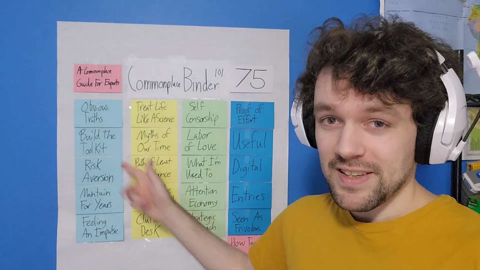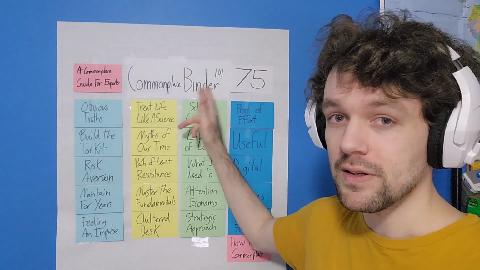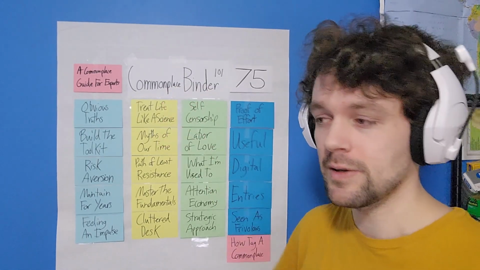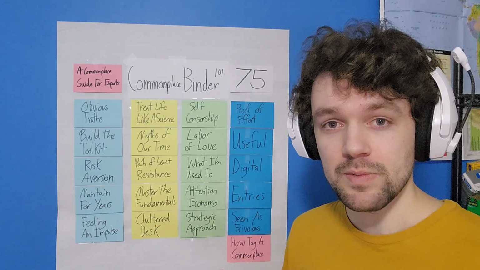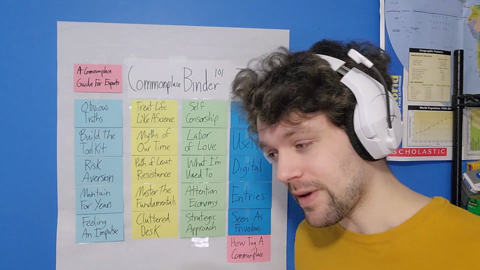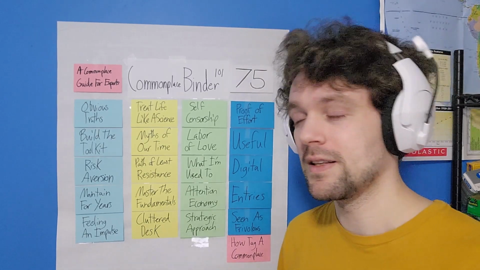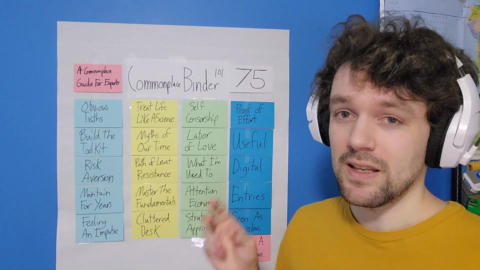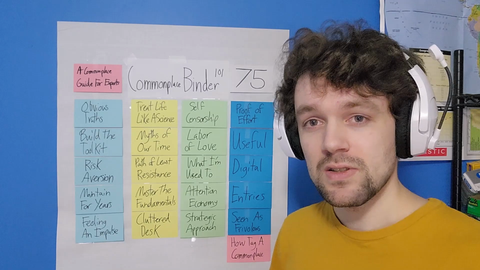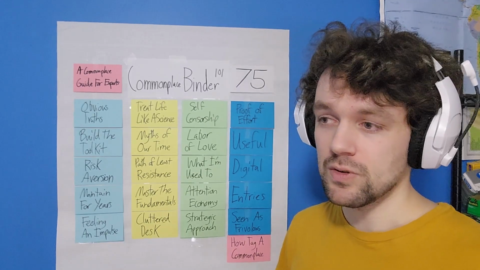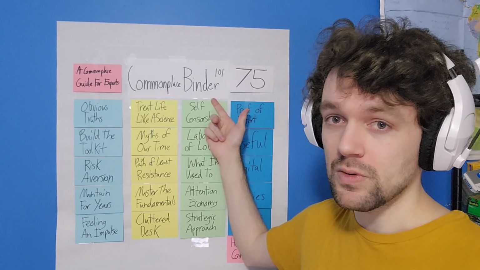But you do want to make the thing, because it might be that you want to turn the commonplace binder into a traditional commonplace book. The binder might help you figure out where you want the things to be located. That's one of the obvious benefits of the binder. You can put things in, take it out, move it around. But you might find that the thing that you actually want is things to be written in a specific location, memorize that order, and be able to draw upon it at any time. So it might be you convert the commonplace binder into a commonplace book.